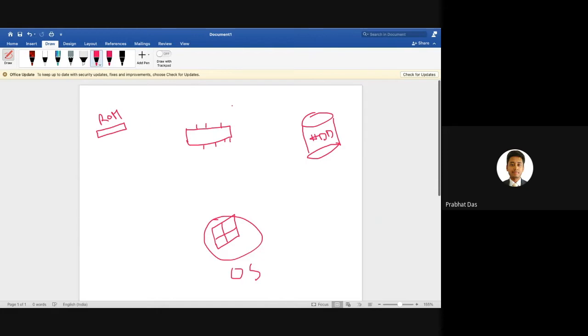Now while manufacturing a computer, the vendors or the manufacturers load a specific program inside this chip. In simple language, they load a software inside this chip, and the task of this program is to recognize the operating system and load that particular operating system